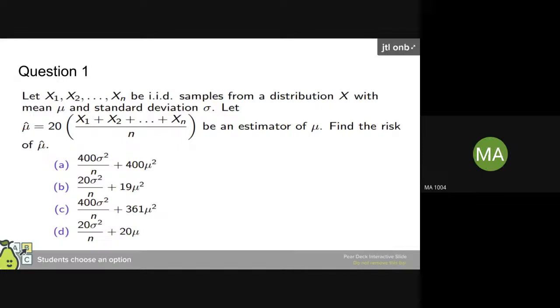Okay, so let me give you the idea behind it, or maybe the formula. I can give you the direct formula for this risk. Try to use that formula. Risk is a function of mu hat and mu, and it is equal to the expectation of